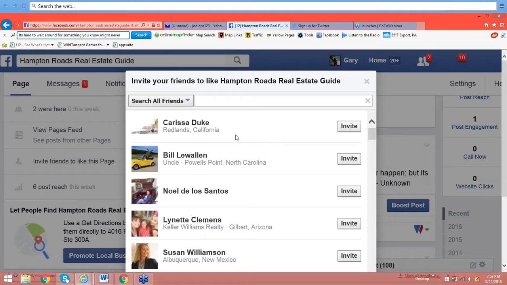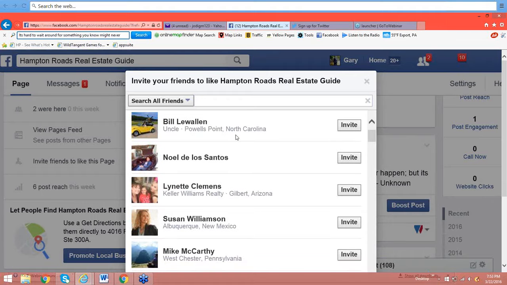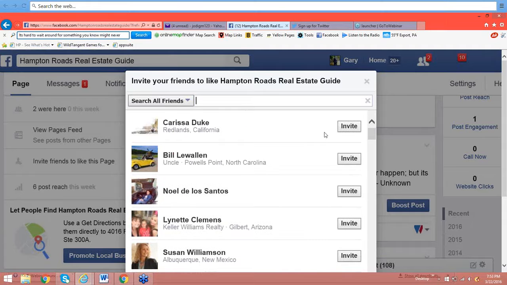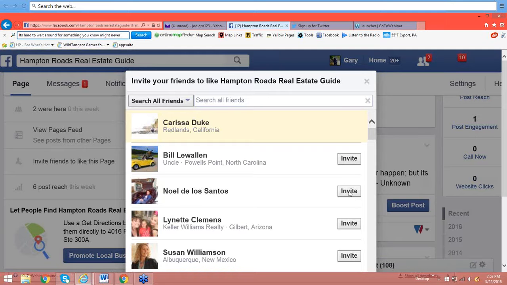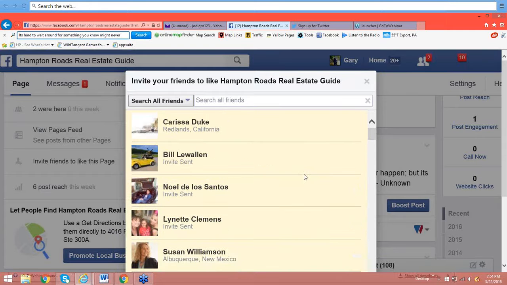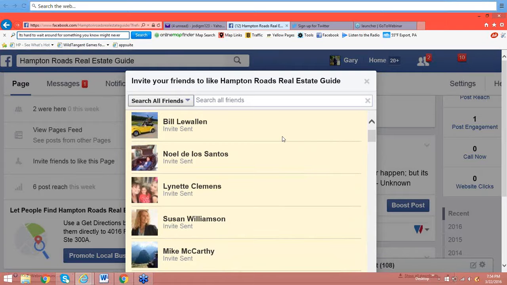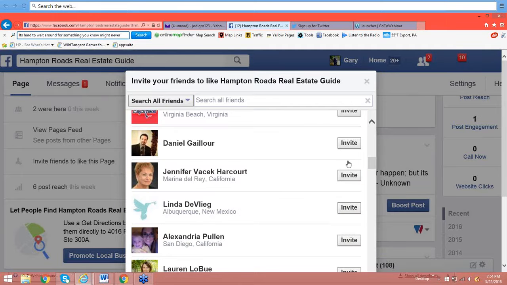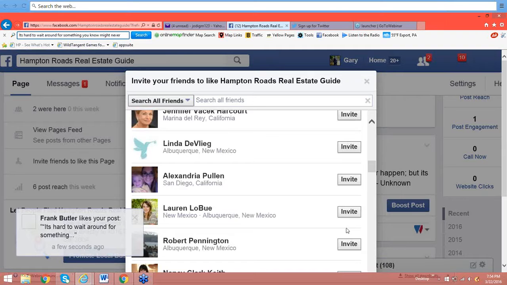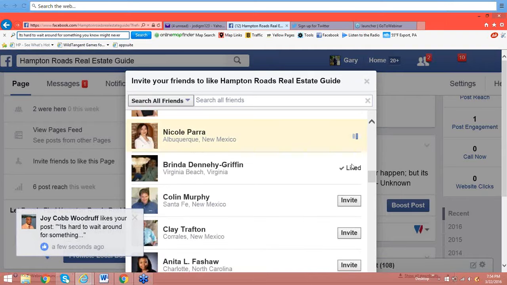Like all these folks, these were probably from the newer classes. So you just click invite, and you see what happens. So every couple days, you might want to go to these fan pages and see who you've been friends with. Right. So you might want to add maybe a new investor or a friend of a friend, or like I said, someone who friend requested you. So you go through the list, and all these people are basically new, because I do this right here. There's someone that has liked it, and that's what it looks like. It's either an invite, or they have already agreed and liked it, and they pretty much follow Gary for the fan page.